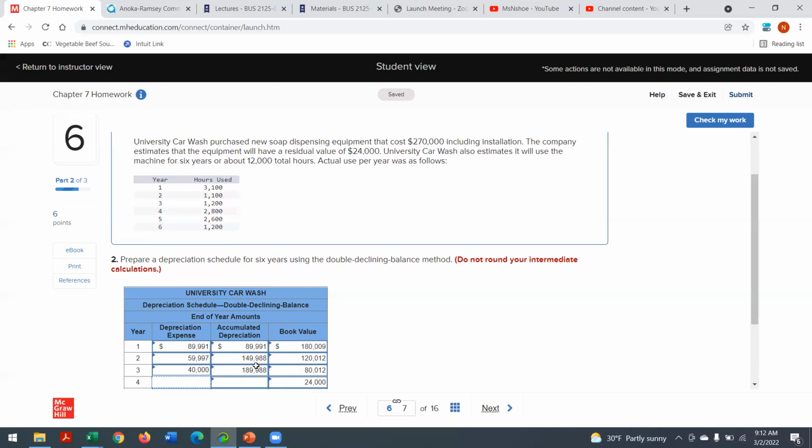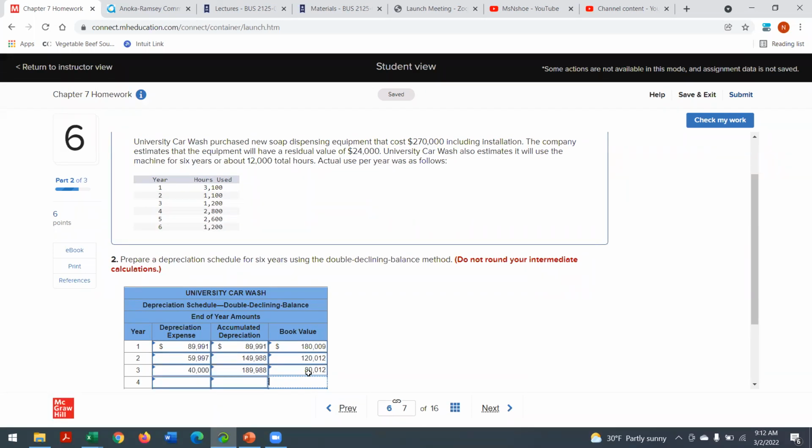Then we should have, I don't think I'm doing something right here. 270 minus 0.3333, 89,991. So you should have 80,000. Oh, see, this isn't, we're just doing the first 4 years. I think that's the problem. We're not doing them all. So